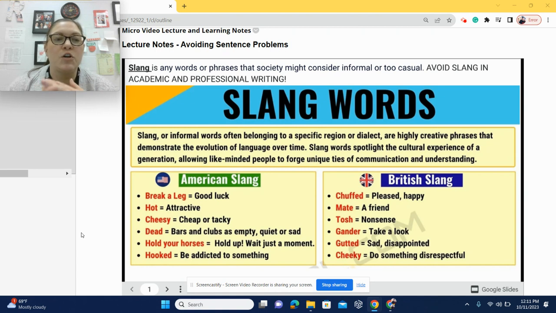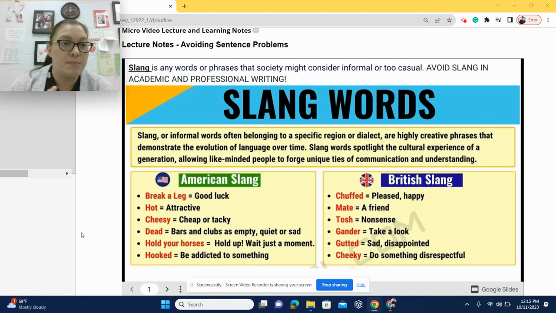You probably heard the term slang before, but we actually use a lot of slang and probably don't realize it. So, slang would be any word or phrase that might be considered too informal or casual. They are words that you could use when you're talking to a friend on the phone, when you are texting someone, but you would definitely not use it if you were writing a paper to turn into your professor or if you were writing, let's say, a cover letter for a job that you want.